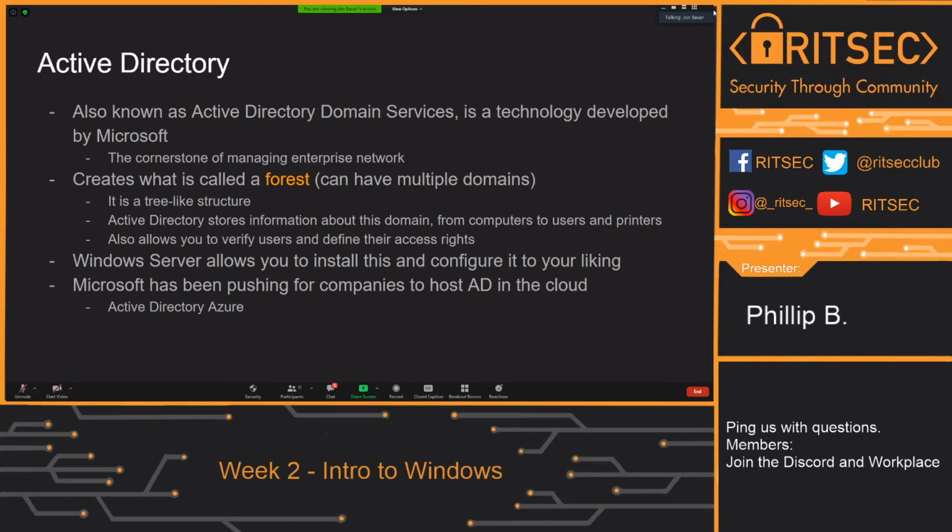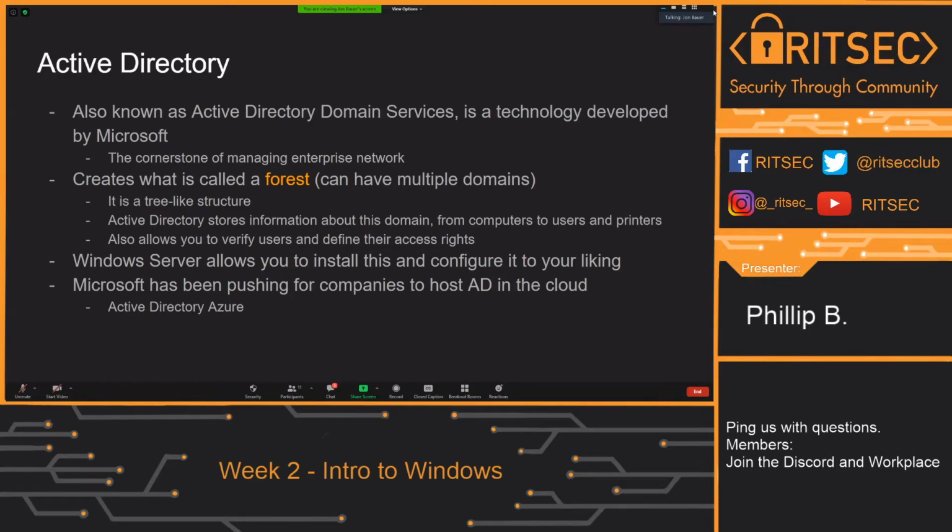So how does it work? Well, how is it organized? They create what's called a forest. And within the forest, you can have domains. So that domain being on your local system, it's probably some sort of localhost ordeal. At RIT, you have your rit.edu domain. There's a lot of different types of domains you can have within one forest. Commonly, you'll see just one, but you can have many. So it's just like the Linux file structure or like Windows file structure. It's a tree-like thing. So you'll have your highest level, and it'll branch off into lower levels.